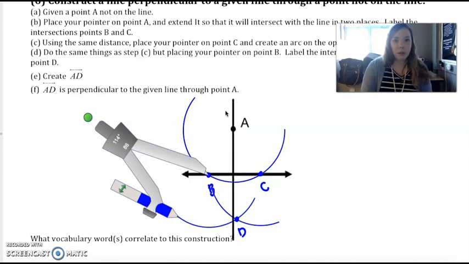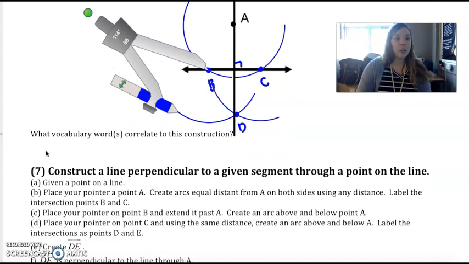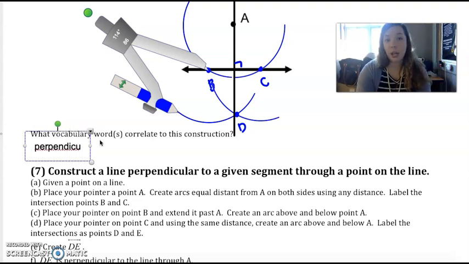Let me scoot us over a little. Through point A that is perpendicular to BC. Okay, so that's how we would do that. So we introduced perpendicular, so 2 lines that meet at a 90-degree angle. We also, again, talked about